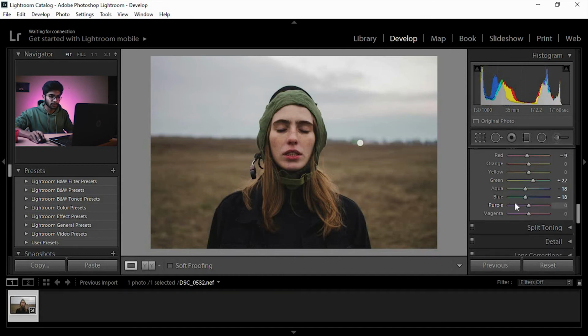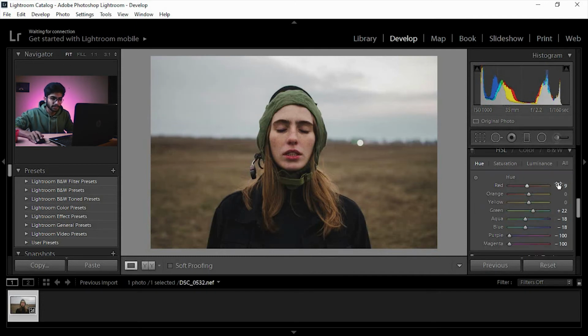Okay, so this purple and magenta is not doing much, but I like to keep it at 0, minus 100 here. Now let's go to saturation, and we are going to really decrease the saturation of things that we don't want. Yellows will affect the background, you can see, and a bit of her cap. And now we are not going to go for too much, let's keep it to minus 20. Yeah, so now orange will be affecting her skin tone, but we don't want to mess with it.